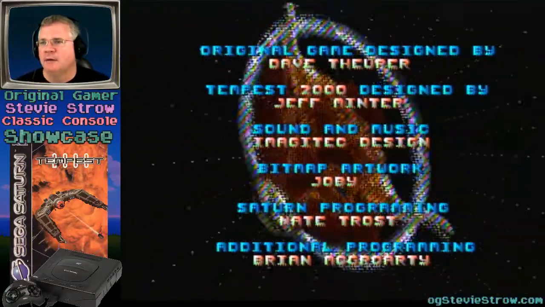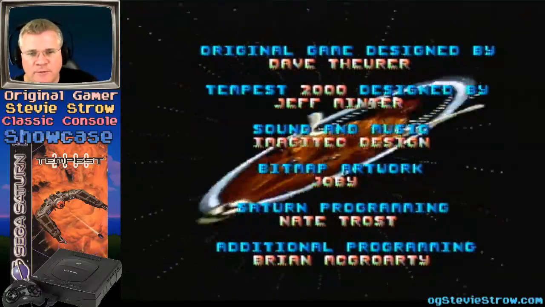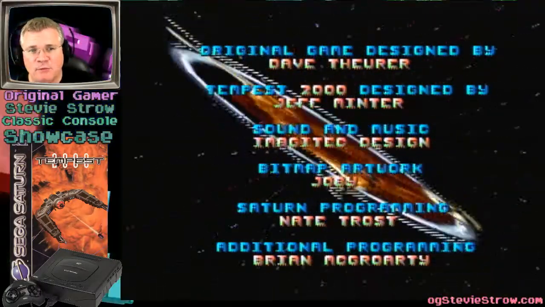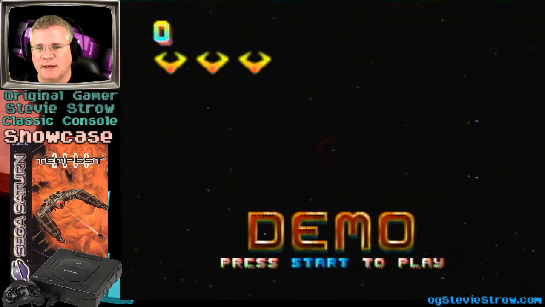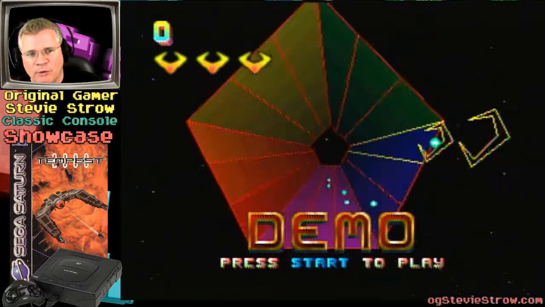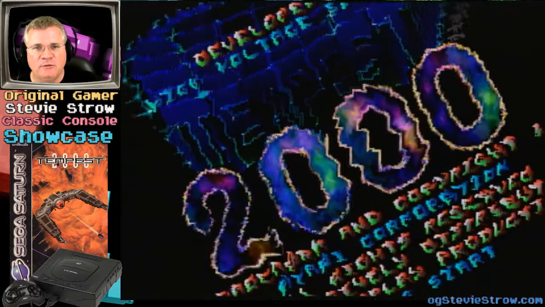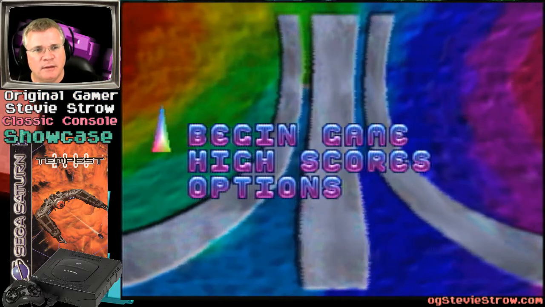Well, guess what? Atari, being the wonderful people that they are, when they made their console that was called the Atari Jaguar, which I think was technically one of the first 64-bit game consoles, they made Tempest 2000. Which is kind of a modern reboot of Tempest. They basically added some psychedelic colors, some more three-dimensionalisms to it, and really cool techno music. So we're going to go ahead and play Tempest 2000, which is just basically an updated version of